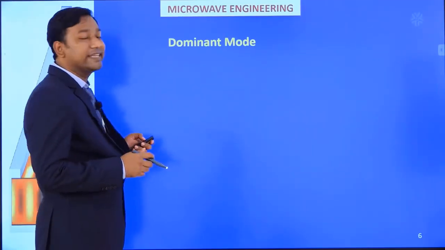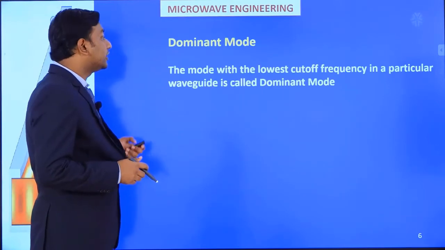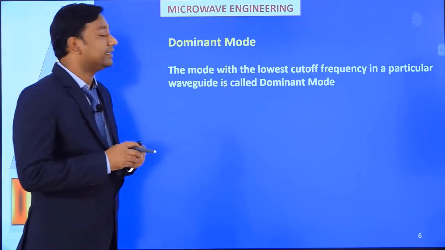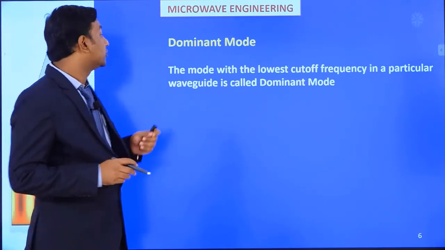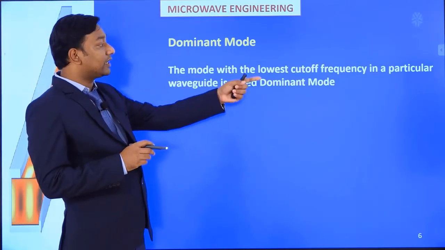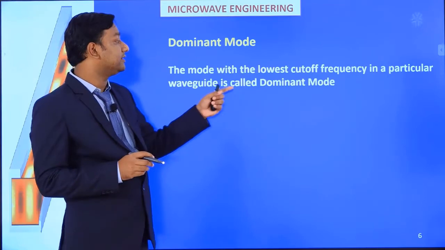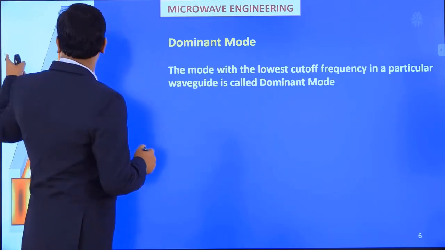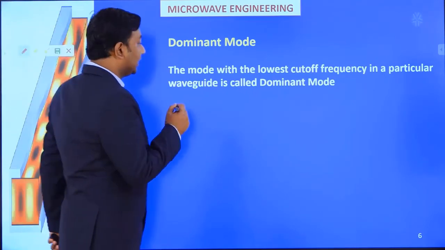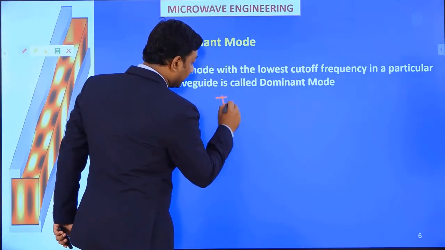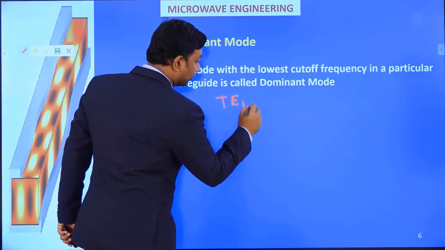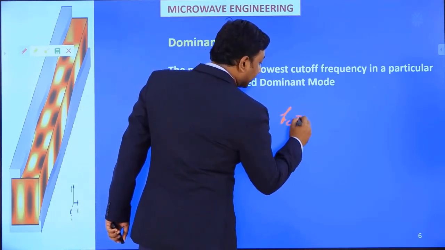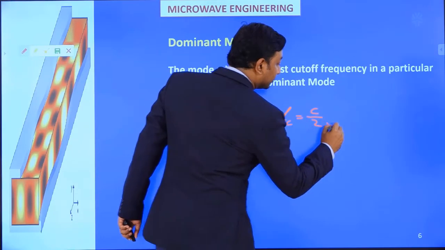Now we will see what is dominant mode. The mode with the lowest cutoff frequency in a particular waveguide is called dominant mode. So in the transverse electric case, the dominant mode will be TE10. We can write down the cutoff frequency expression; we know that fc equals c by 2 root